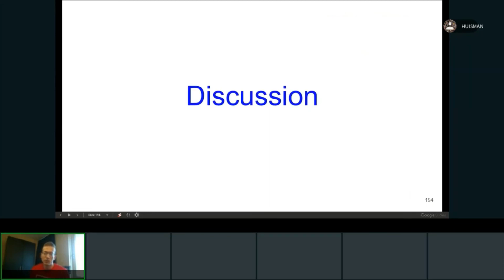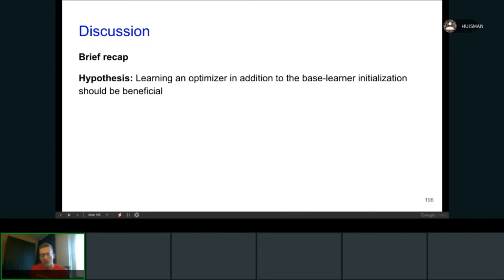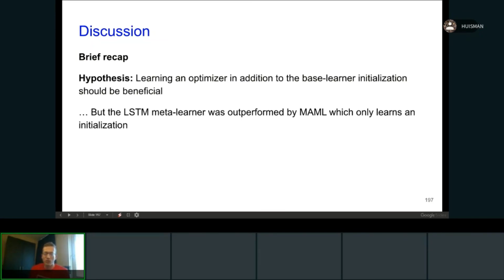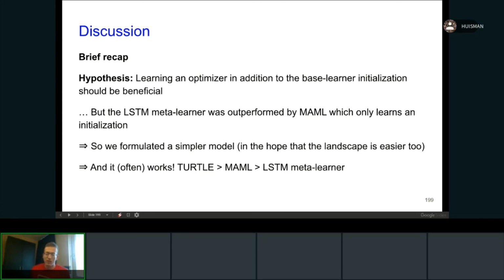A brief recap of what we have done: we hypothesized that it should be beneficial to learn this additional meta network on top of the base learner network that we have. But there was a surprising result in the literature, which shows that this was not the case for the LSTM meta learner. So for this, we formulated a new technique, which we call Turtle, and we found out that it often works. Both in sine wave regression, on 3 out of 4 image classification settings, and also in some settings where we transfer